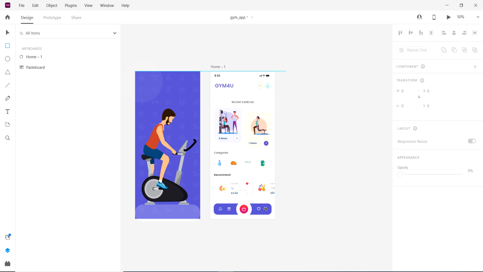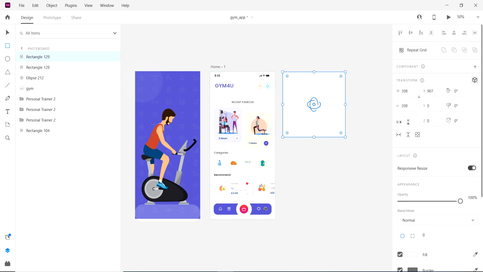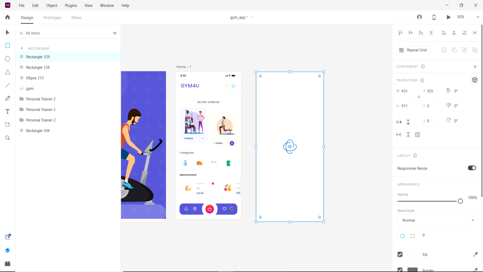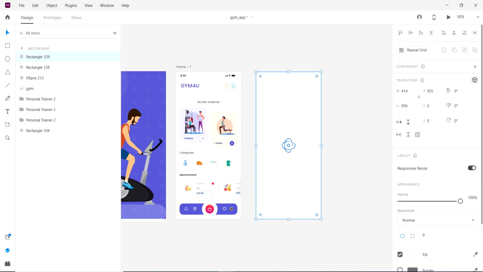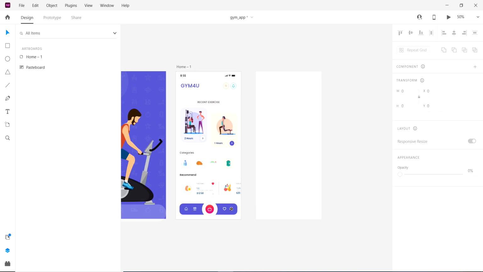Okay, so first of all, same process. We will take one box, with a size of around 414 by 896. You can remove the border. I will go a bit fast because my software time limit is around 10 minutes, so I will just copy and paste and give you an example of how you can do that.